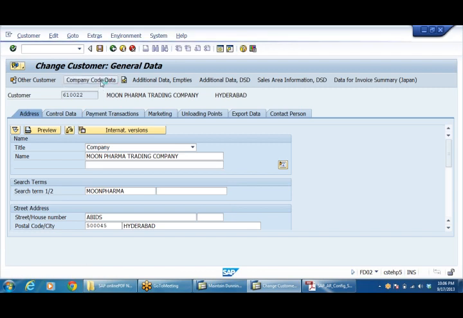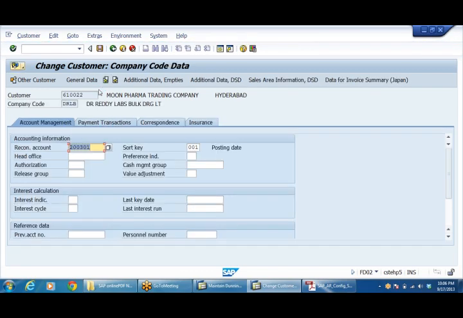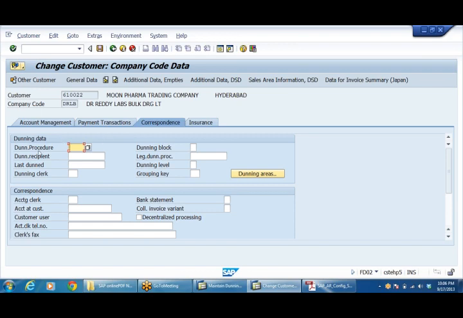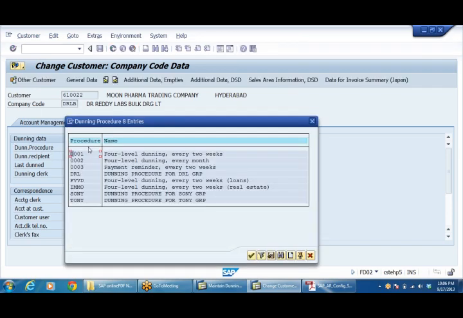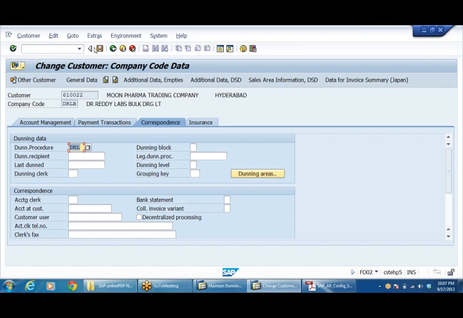Go to company code data. Go to correspondence. Here the Dunning procedure. Right. Here the Dunning procedures will be visible. DRL. Just assign here. Save it.